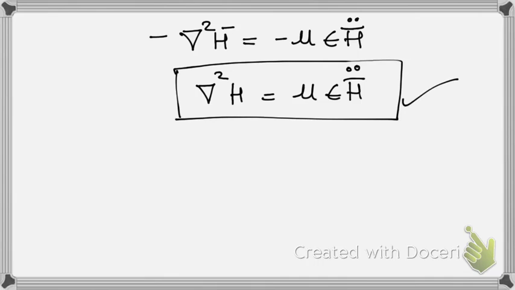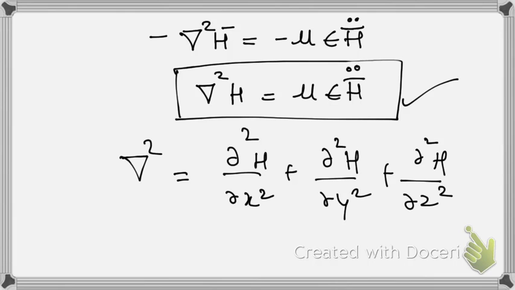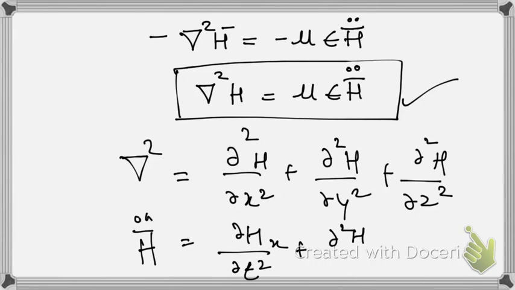Now these equations are called the general form of equations. Del square is called the space variation, that is dou square of h by dou x square plus dou square h by dou y square plus dou square h by dou z square, and it is the Laplacian operator. So it shows a space variation. And what is the double dot variation? That is the time variation, that is dou t square of the h quantity, hx, or dou square hy with respect to time, and dou square hz with respect to time.